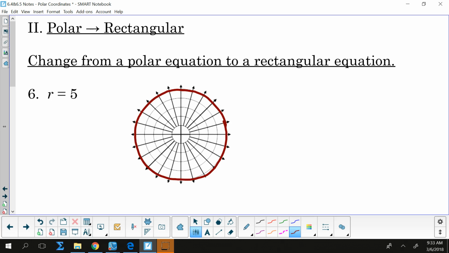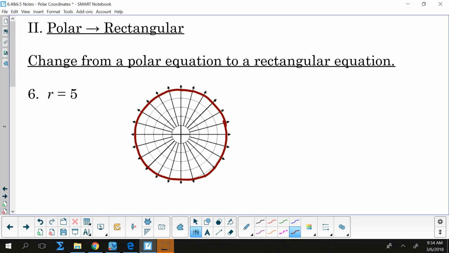Now, we still have the exact same tools. We still have x squared plus y squared equals r squared, or r equals the square root of x squared plus y squared. We still have x equals r cosine of theta, we still have y equals r sine of theta, right? We still have that our reference angle is equal to the inverse tangent of y over x, but we don't really use that, right? Okay? So,